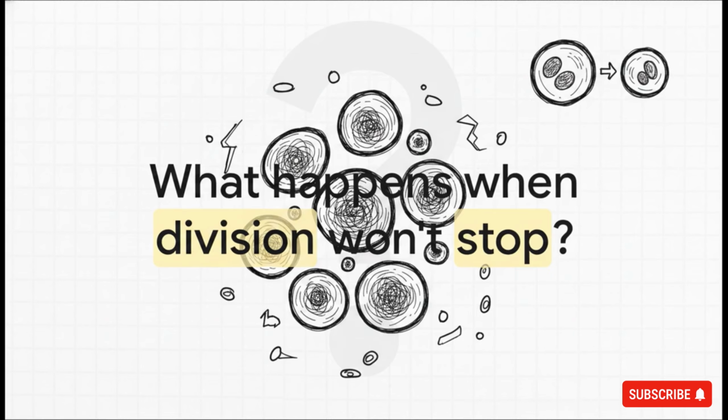We know mitosis is essentially a cloning factory, rigorously controlled to replace just exactly what is needed. But what happens to the human body when that exact process breaks its own rules? What happens when a cell simply forgets how to stop multiplying? Well, that is a mystery for our next deep dive.